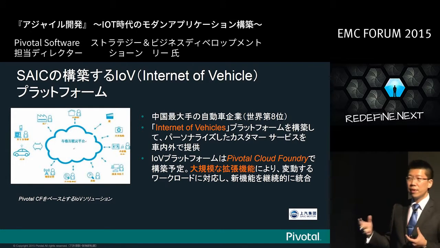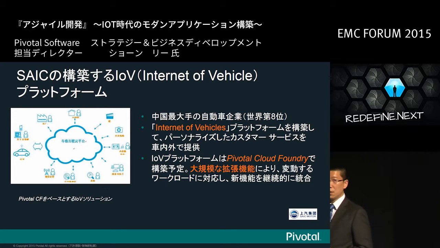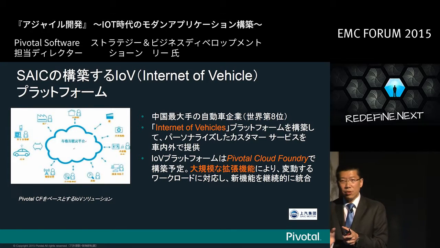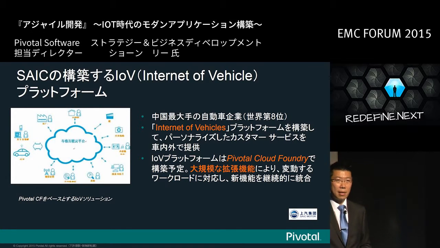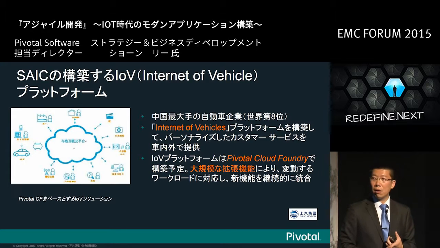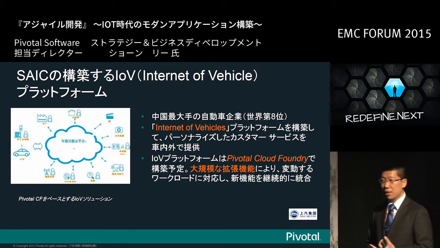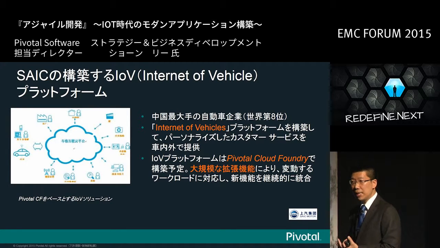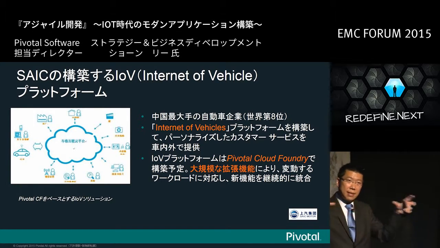These guys wanted to create a platform that they're calling the Internet of Vehicles. Essentially, what they want to do is understand all of the vehicles that they have out in the market, the ones that are equipped with this capability. How are the cars interacting? How are they reacting? How are the parts functioning? When do the parts need to be replaced? Is there anything that needs to be pushed to all of the cars because of a new patch or whatever it is? Their goal is to create an internet